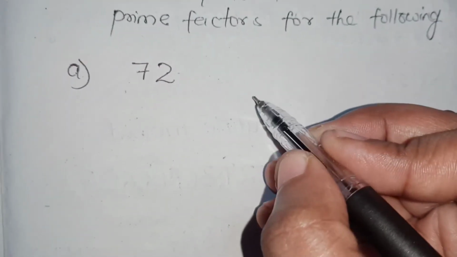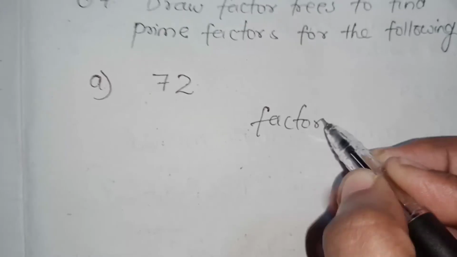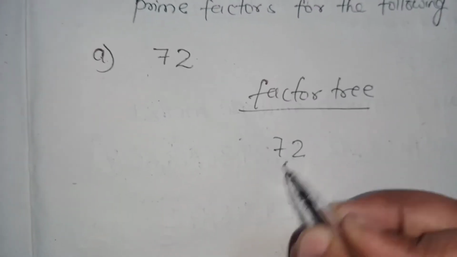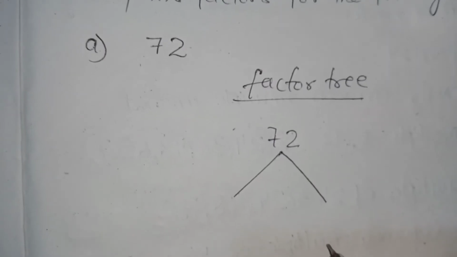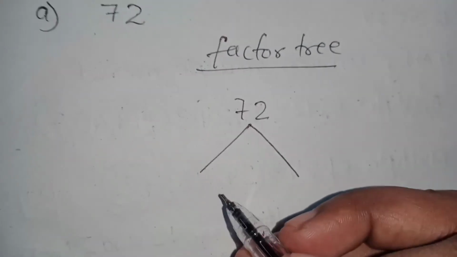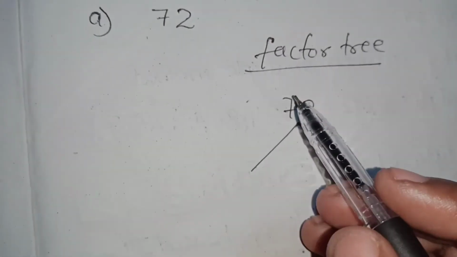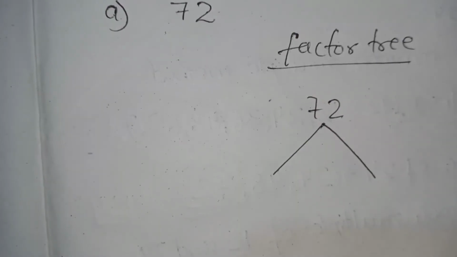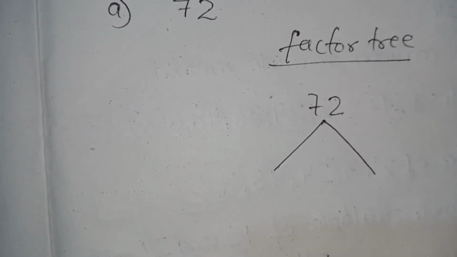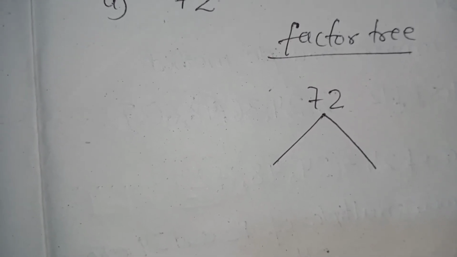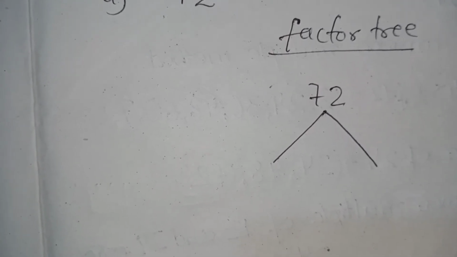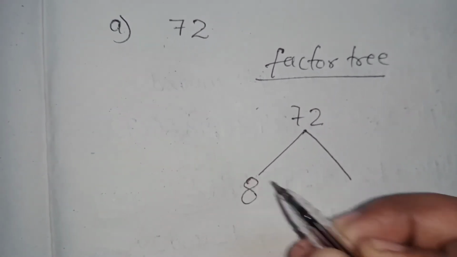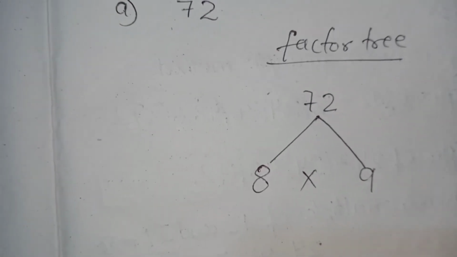Okay, we are going to draw the factor tree of 72. So here we have to find the prime factors. I'll teach you in the easiest way. You know that 8 9s are 72 and 9 8s are 72. It comes in the table of 2, 3, 4 also. But here I am going to teach you the easiest way to get the prime factors. So we will do directly 8 9s are 72.